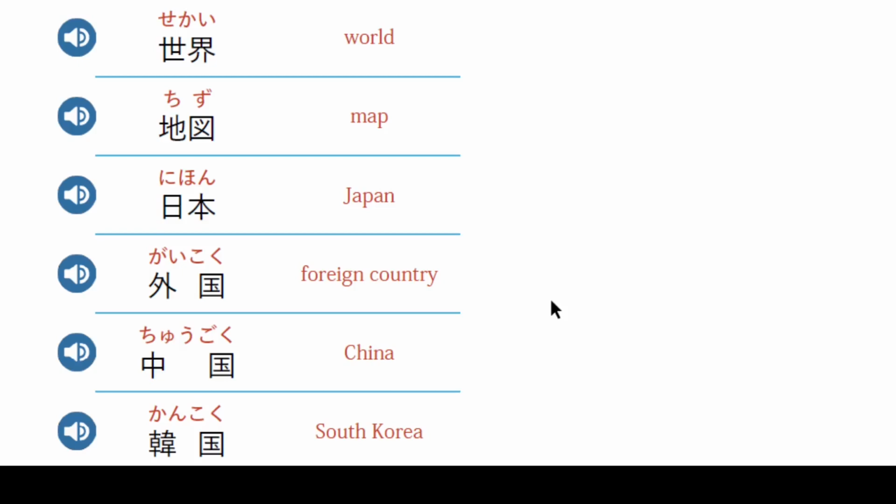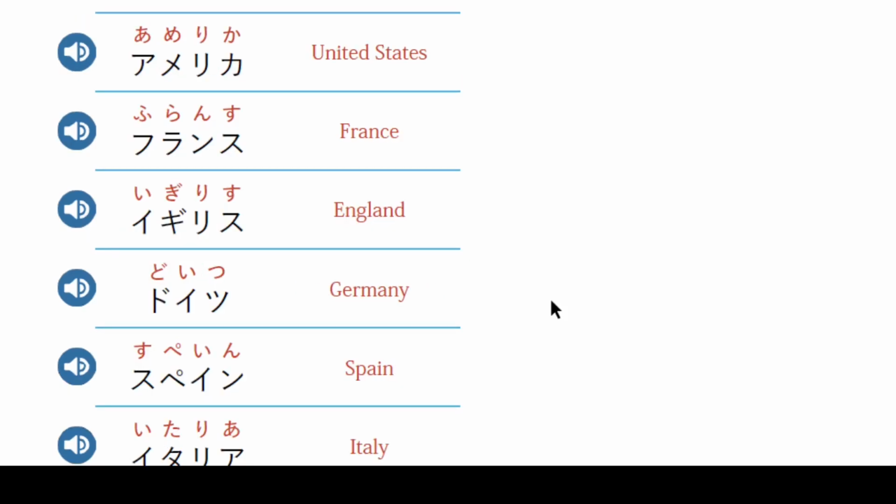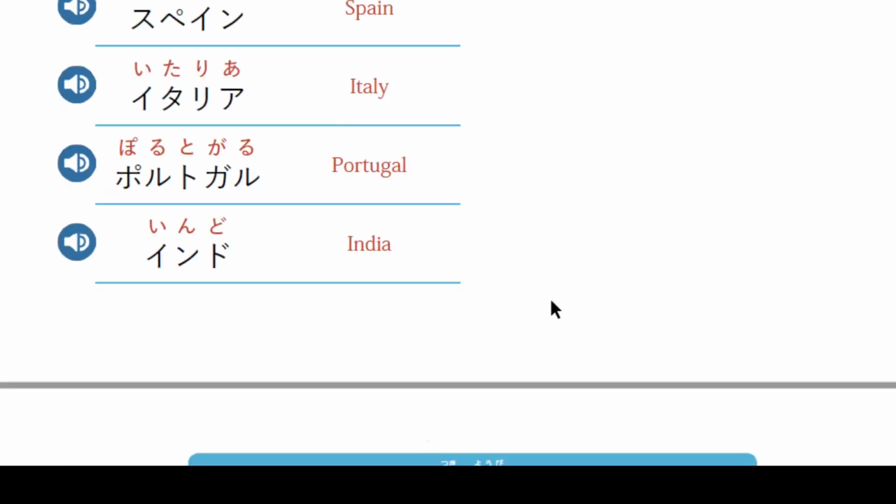France, フランス。England, イギリス。Germany, ドイツ。Spain, スパイン。Italy, イタリア。Portugal, ポルトガル。India, インド。Next on the list, we have Russia, ロシア。皆さん, because these words are mostly from